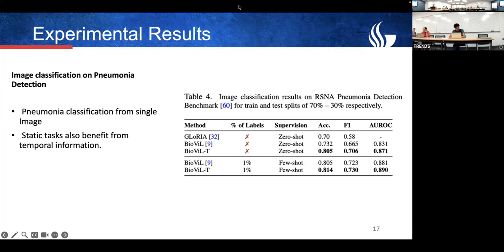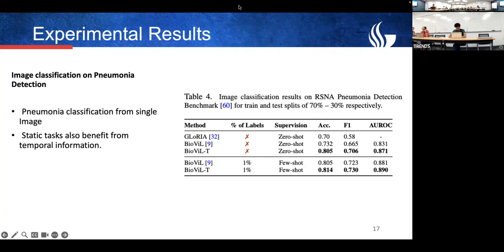So this is the results of MS classification on pneumonia detection. So for this classification, we could only use single MS, right? Single MS, and we can detect pneumonia. And this is a static task. And they have mentioned percentage of labels. When they just use 1% of labels, the accuracy is 81%. So they conclude from this table that even static tasks benefit from temporal information, which is acquired